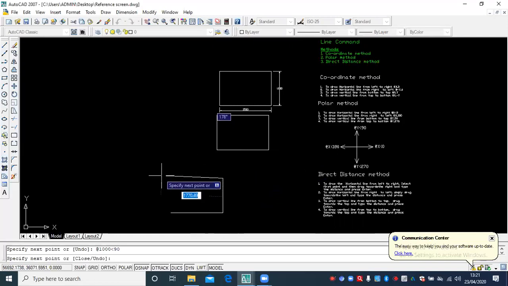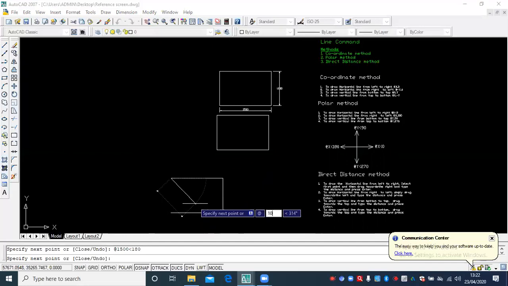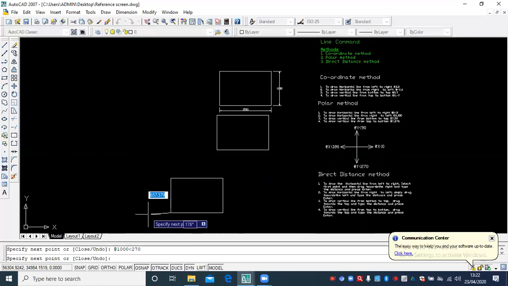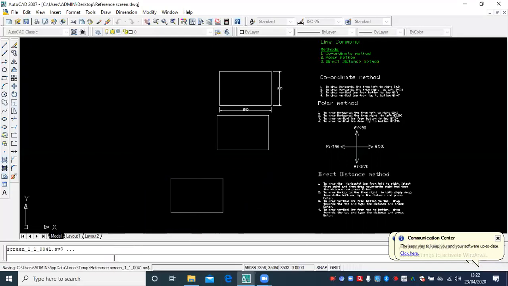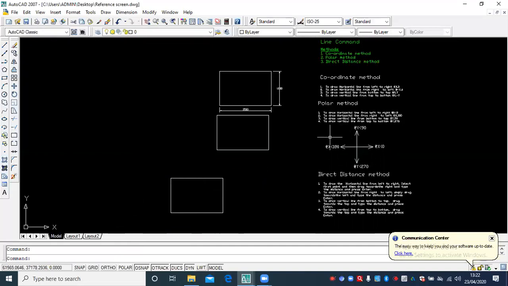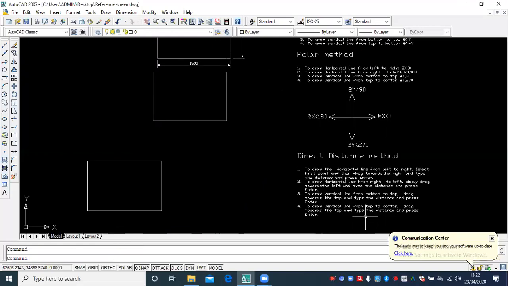Want to go from right to left, @ distance is 1500, less than 180. Then you want to meet this point, that is you are coming from top to bottom, @ 1000, less than 270. Okay, to quit the command, you either press escape or right click or enter. So your rectangle is ready by using this polar method.